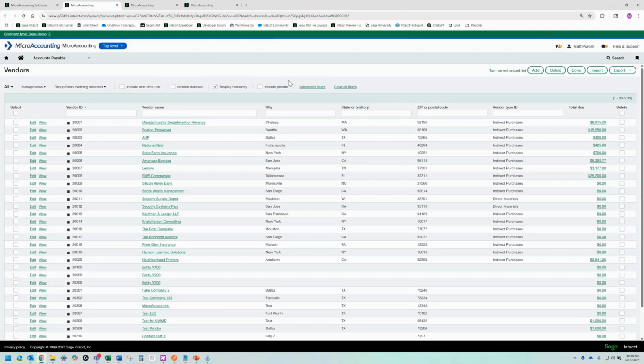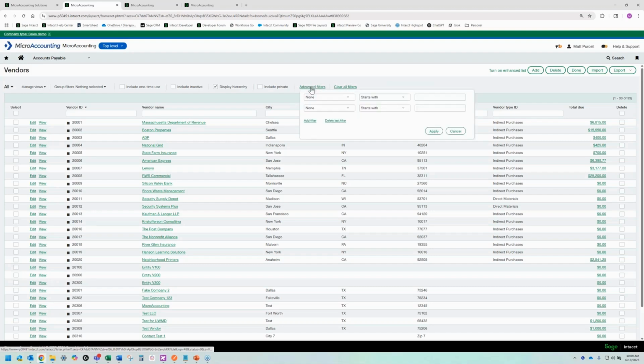Alrighty, so next thing we're going to get into is some of the filtering and sorting options from your standard list view here. Up here at the top, you have two little hyperlinks, one for advanced filters and one to clear all filters. If I click on this advanced filters button, right now it's just going to show two field options, and then our operator, and then just a blank field value.